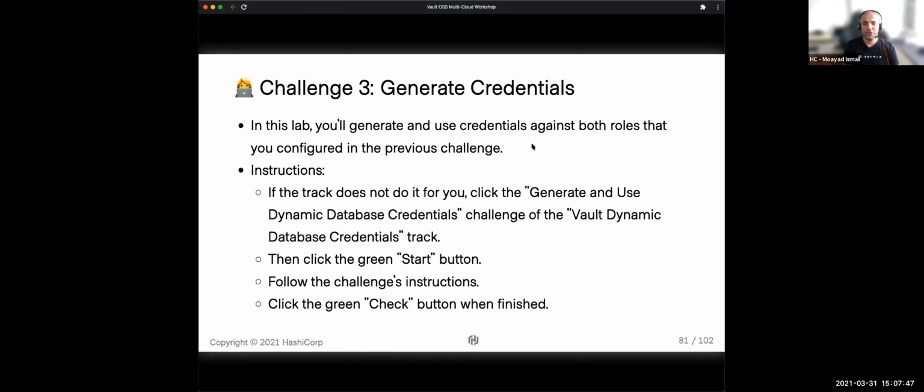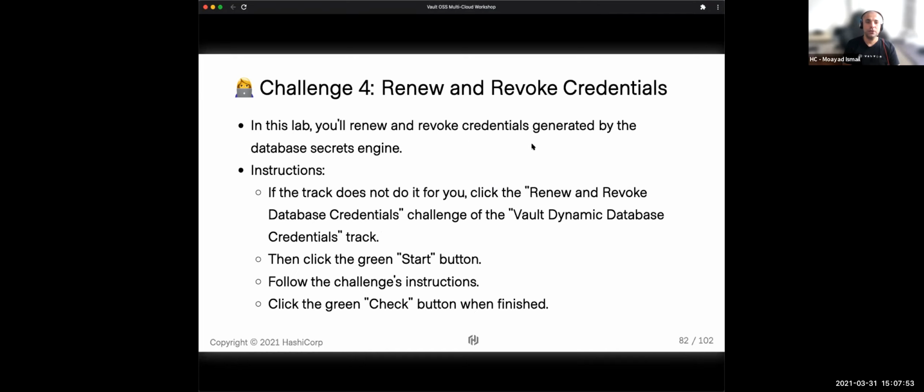Then we went through the creation of the credentials and how to do that via API and the CLI, and also how to renew and revoke those credentials. These concepts are applicable across many of our secret engines. AWS credentials and cloud API keys, for example, follow the same process. You generate on-demand credentials with a time to live for the application to do what it needs to do, and then these credentials are revoked. So this is not just specific to databases, but gives you a general flow for the majority of the secret engines we have.